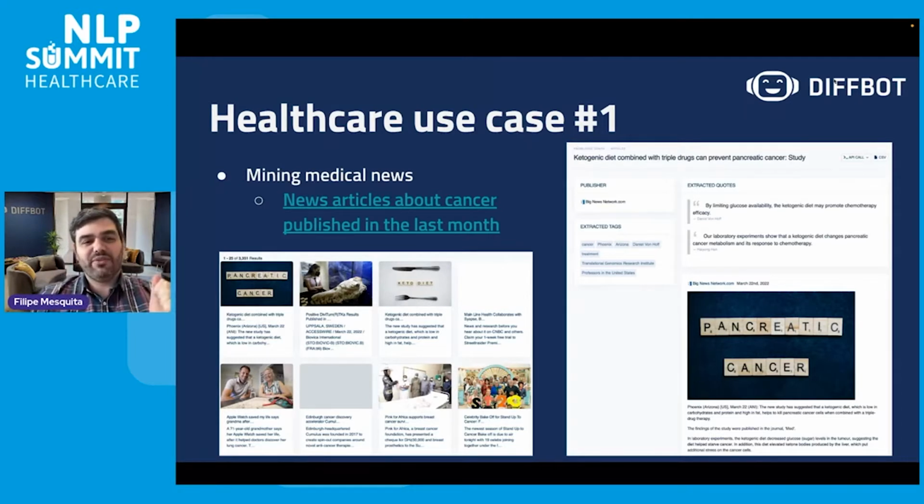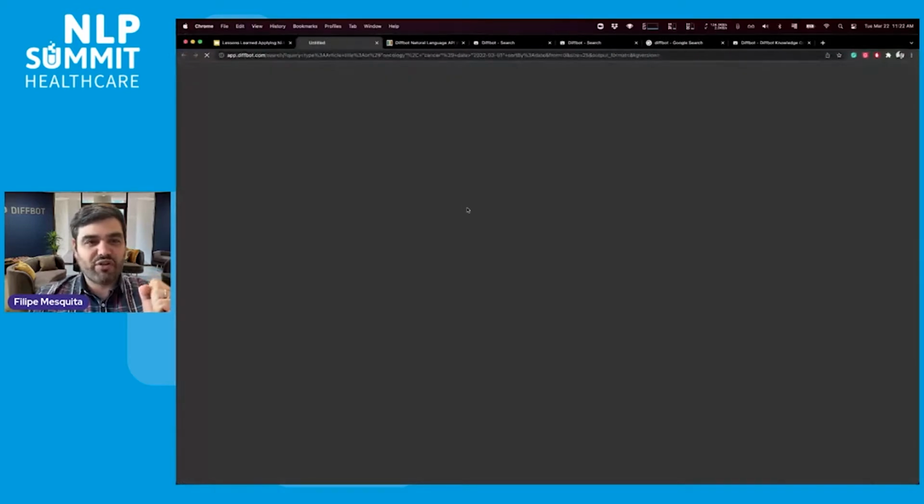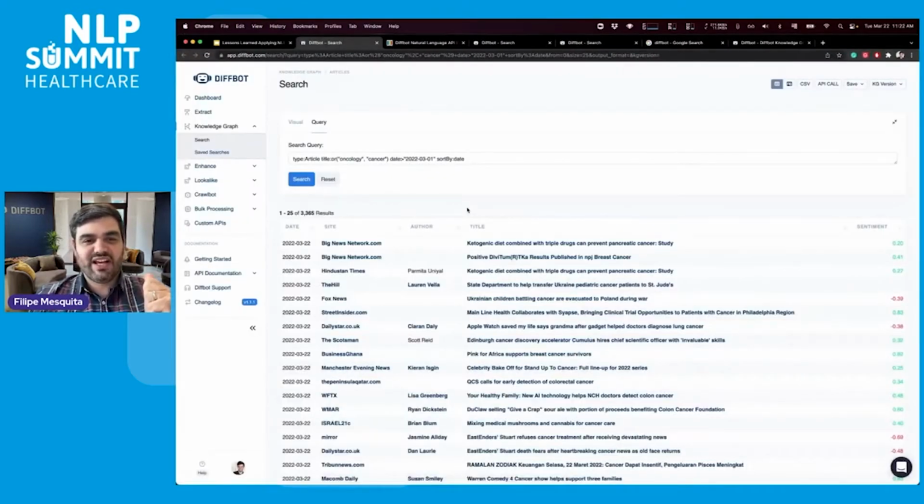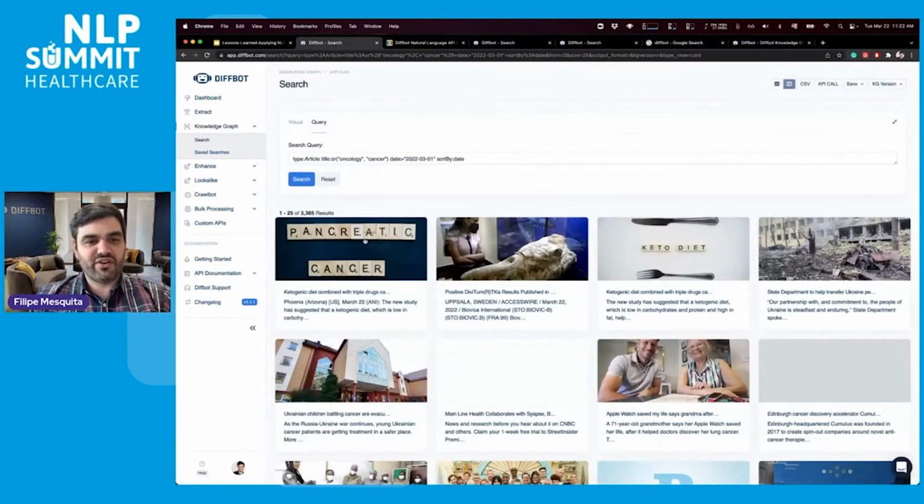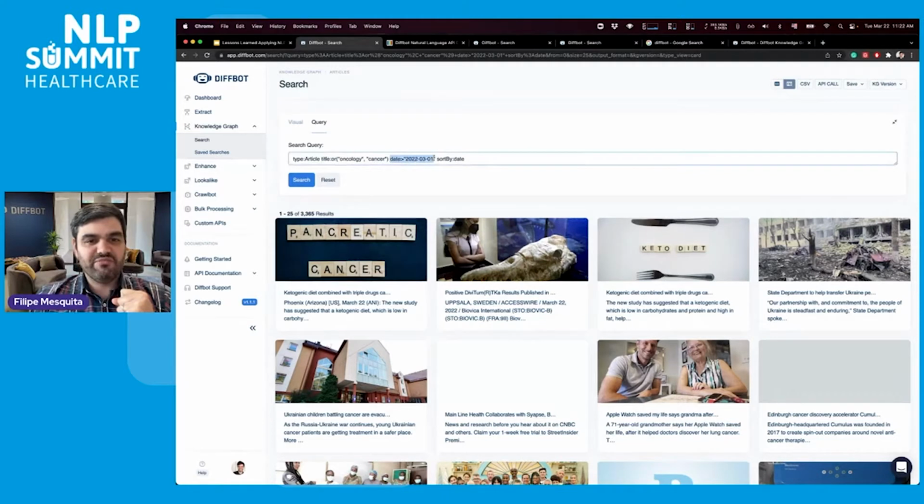Right? So we are able to crawl the web, find articles, get a clean view of the article. So we remove all the ads, all the navigation bars, and you have a way here in the knowledge graph to search for it. So I'm searching for articles that talk about oncology or cancer in the title, and I want those that have been published in the last month or so, and I can sort them by date as well. So I can click on an article here